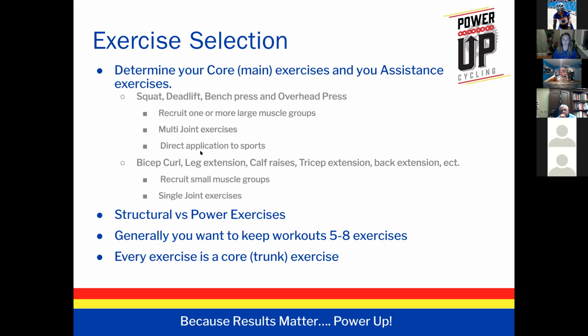And they are also multi-joint exercises. Whereas with your assistance exercises, it's stuff like bicep curl, leg extension, calf raises, tricep extension, and back extension, etc. These recruit much smaller muscle groups, and they are generally single-joint exercises. Next, you want to know with the phases you're in, are you doing more structural exercises or are you doing